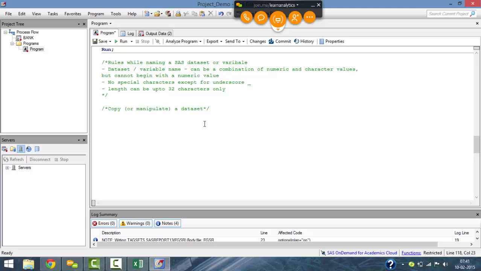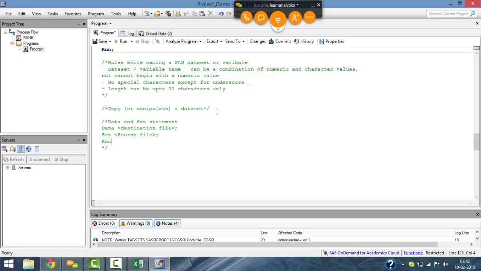Okay, how do we do that is a simple thing. We do that using a data and a set statement. The syntax for it goes like this: data destination file, and then set source file. So with your data statement, you always specify the destination path, and with set you always specify the source path,